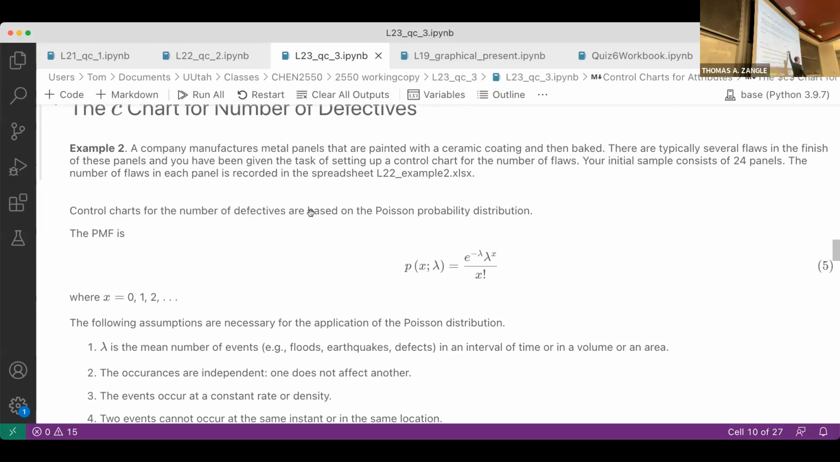The only difference here is that we have a different distribution, right? We have a different underlying probability distribution that governs the number of flaws, and here it's going to be Poisson, right? So Poisson distribution, just as a review,